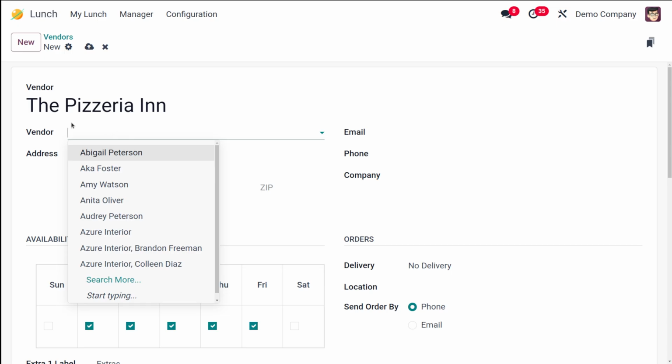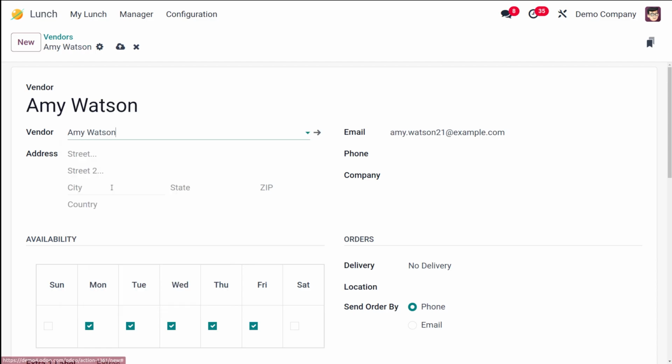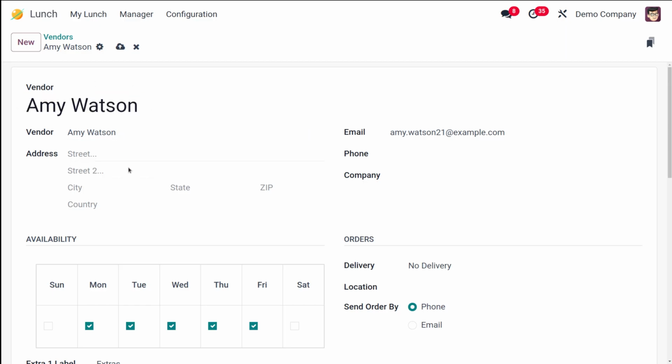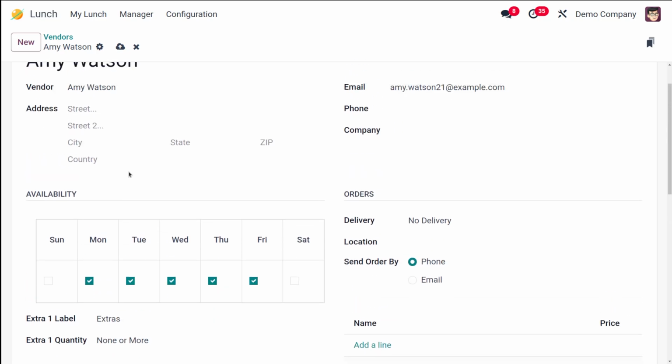And here you can choose the vendor. You can actually select an existing vendor from the dropdown as well. If I'm choosing Amy, this vendor name will change to that. Or else you can create a new vendor for the lunch module. So let Amy be the vendor, or simply a new one can be created. That's it. It's nothing confusing.